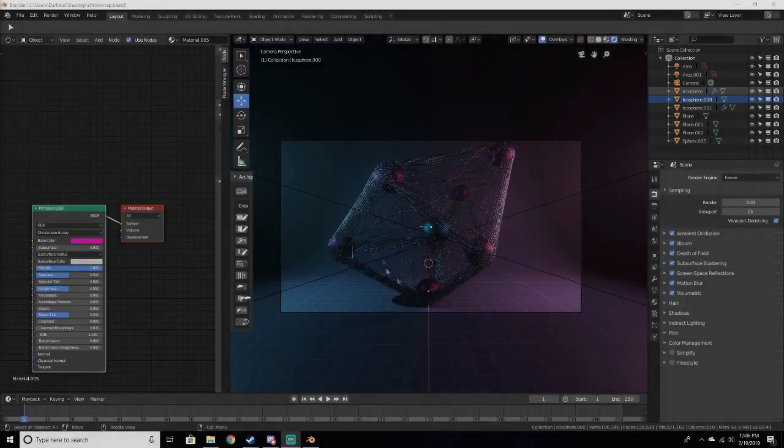Name is Visibility, and today I'm going to be teaching you how to make this abstract kind of wireframe model